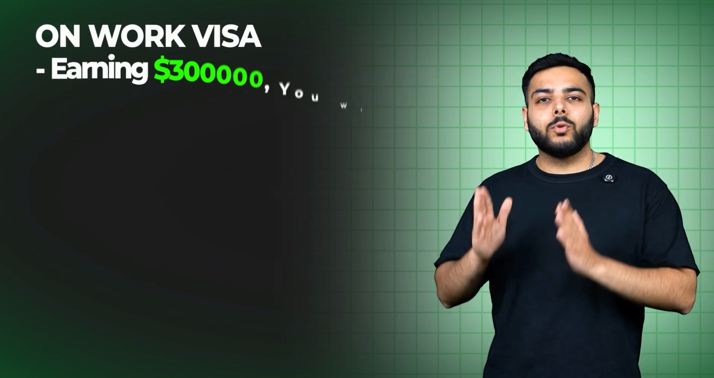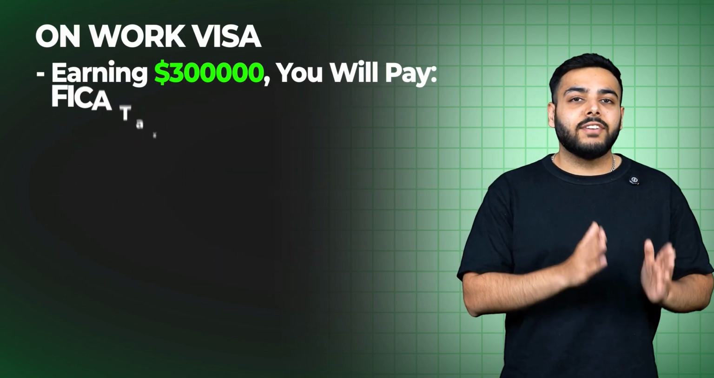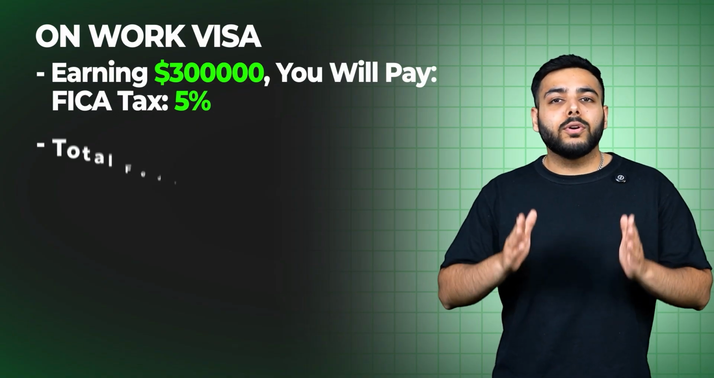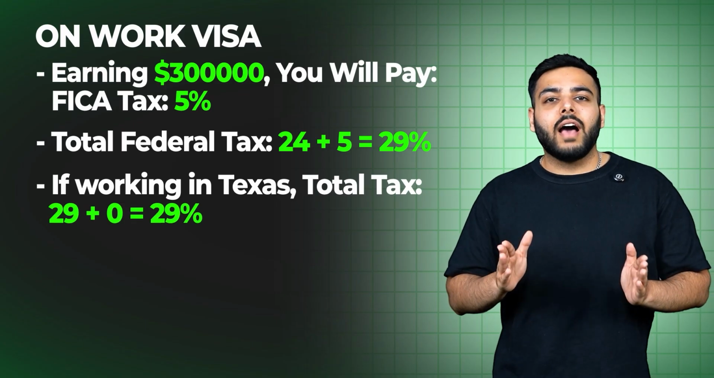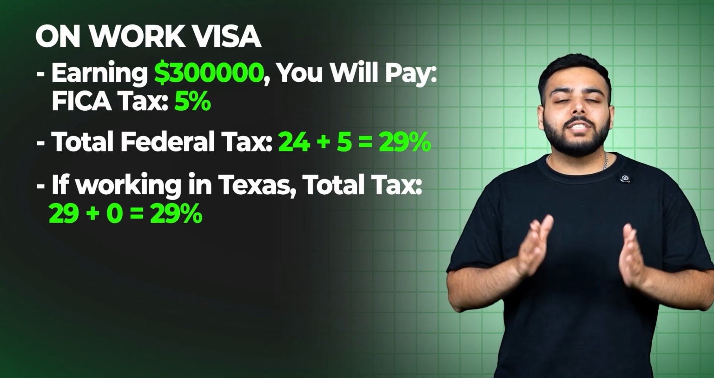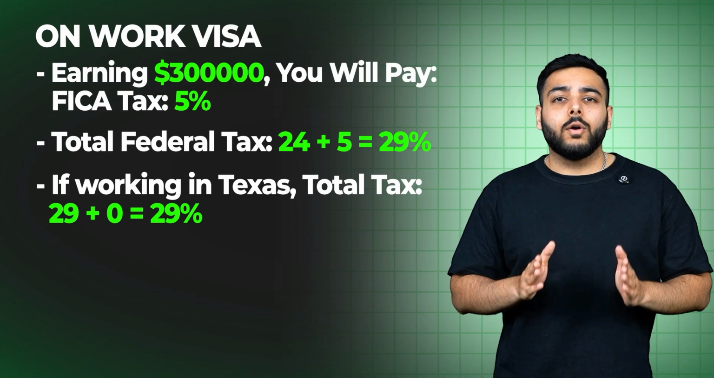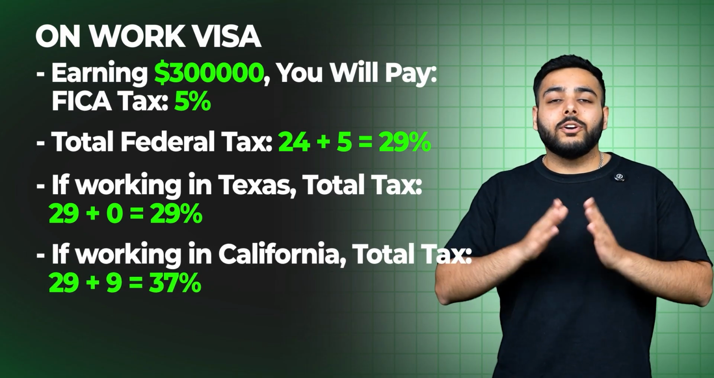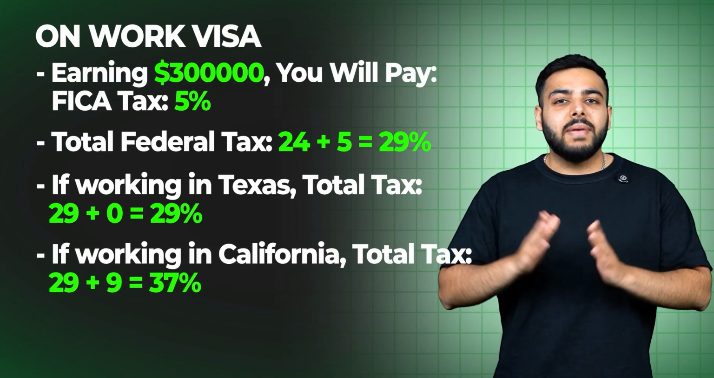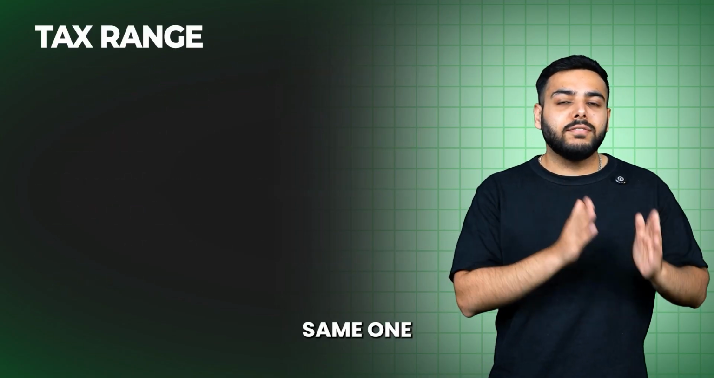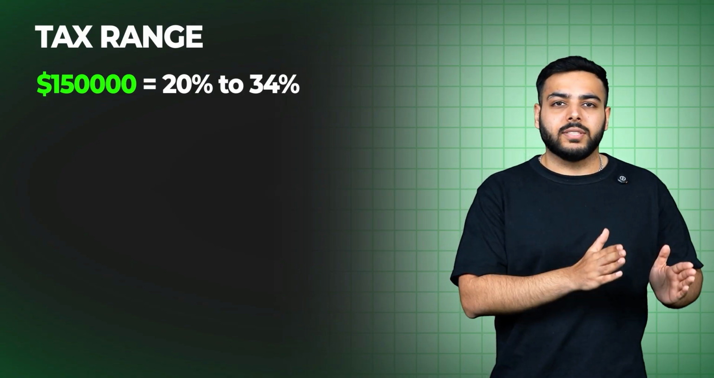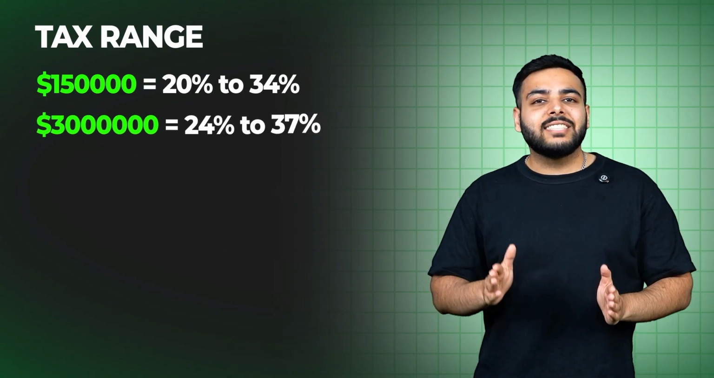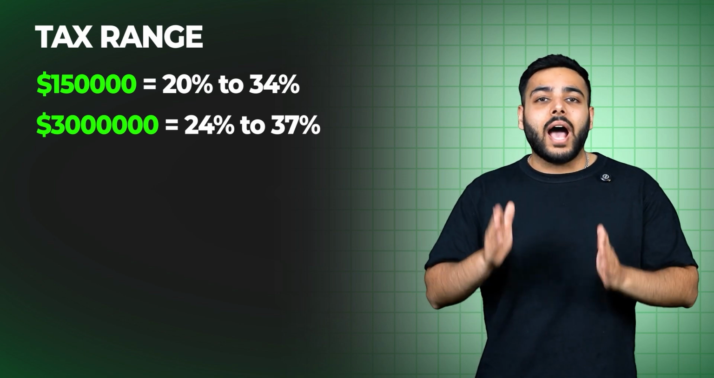If let's say you're on an employment visa, your FICA taxes will add another 5% to the federal tax. So your total federal tax will be 29%. And if you're working in Austin, there you will have state tax as zero. So your total tax will be 29% only. But with the same salary in California, your state tax will be 9% more, making your final tax to be 37%. So we have seen how the tax on the same $150,000 can range from as low as 20% to as high as 34%. And for the $300,000, tax can range from as low as 24% to as high as